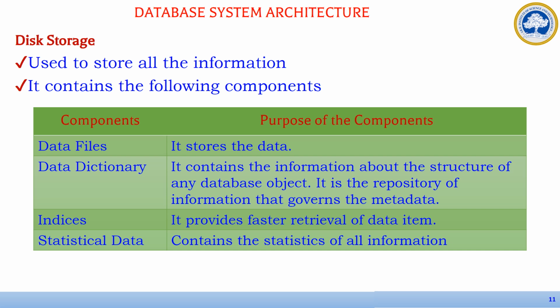Disk storage is used to store all the information. It contains the following options: data files, data dictionary, index, and statistical data. Data files store the data. The data dictionary contains information about the structure of any database object. It is the repository of information that governs the metadata. The index provides faster retrieval of data items. And statistical data can contain